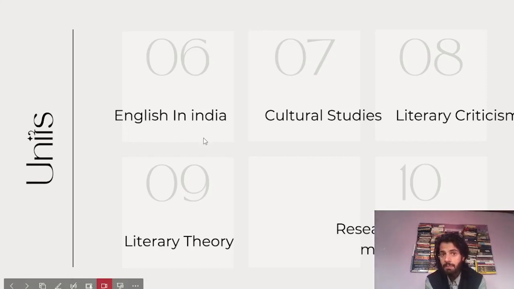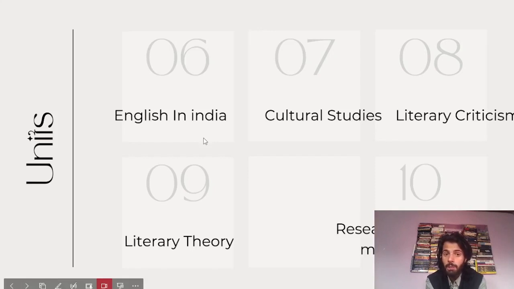Wood's Dispatch, how it brought English to relevance at that time, and the same thing you will be reading in higher education. Similarly we go with Macaulay's Minutes, how it's related to higher education, and how it's related to English in India. So English in India, while doing this portion, you can do it with higher education only, and it will make your work easy as well.